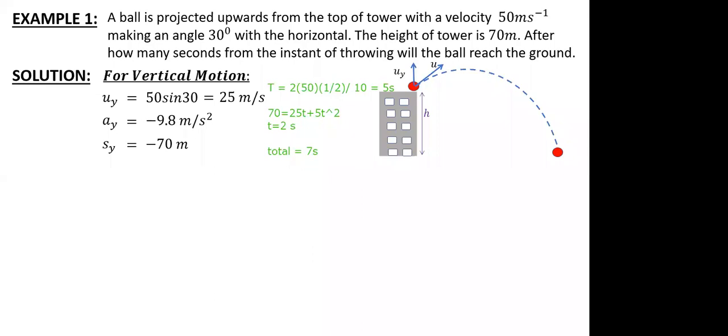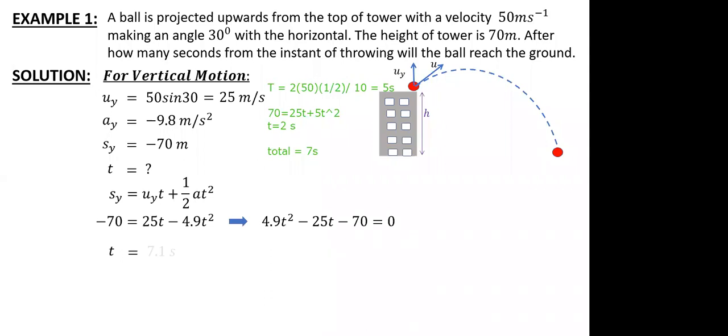Just talking about the vertical values, I need to get the value of time. I can directly apply the formula s is equal to ut plus half at square. Even then I can get the value of time as 7.1 or any other value. Like, two values you will get. So this is also the way you can simplify it.